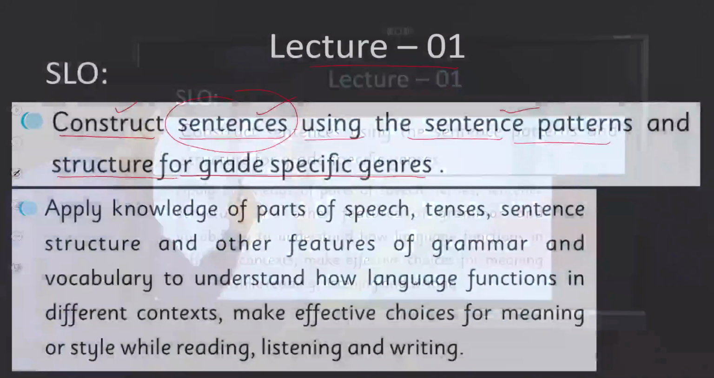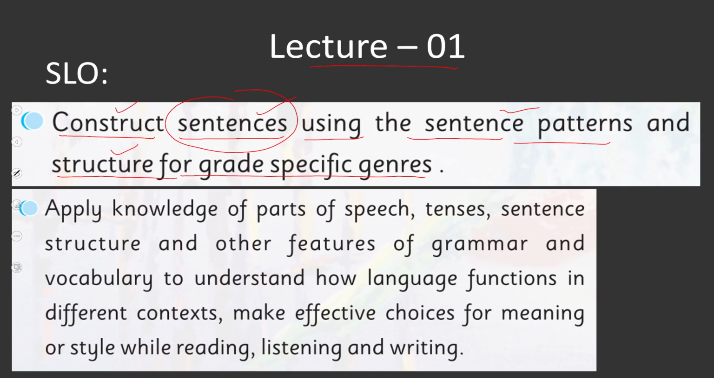And not only this, we will be covering the sentence structure according to the specific genres. Now, for English 11, we will take things a little further, be more practical, and enhance our understanding of the sentence structure of the English language specifically. And then in the same lecture, we will be covering the students' learning outcome which says, apply knowledge of parts of speech,